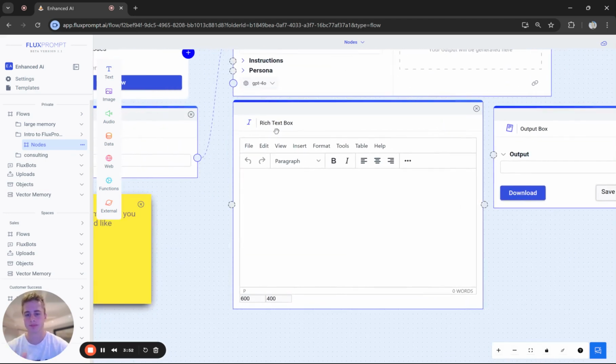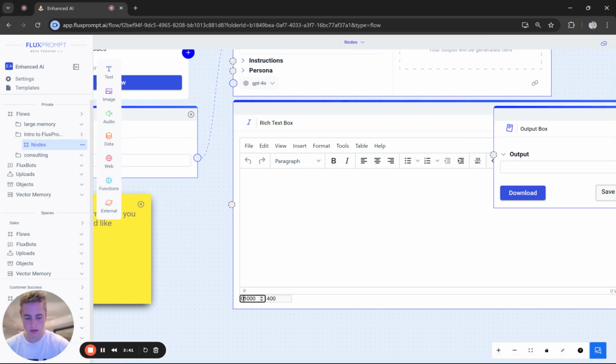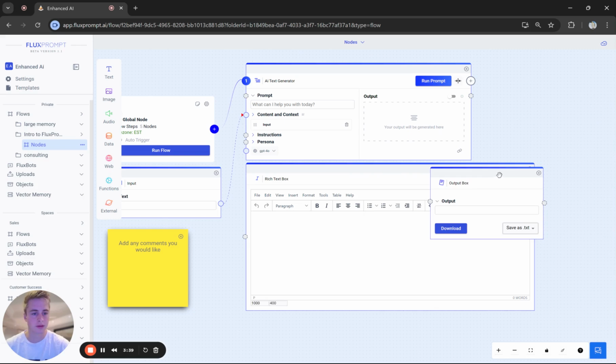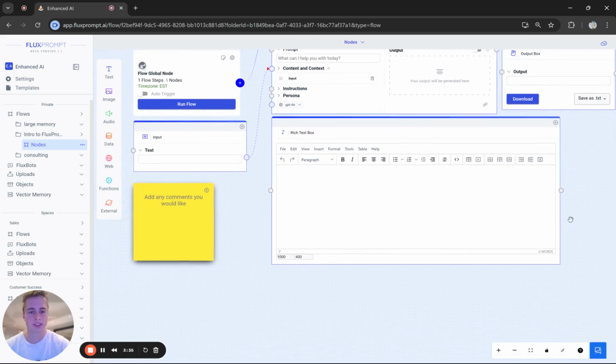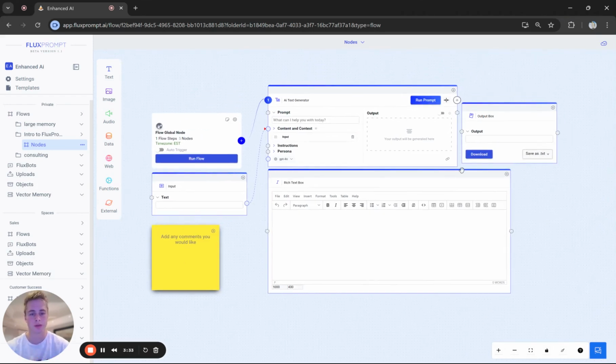So the rich text box is mainly for formatting, and you can enlarge it as well. It's going to look really gross when I do this, because it's going to be right over the input box. But you can enlarge the rich text box, and these two are going to be where your final outputs usually are going. And if I put a text input here and say,